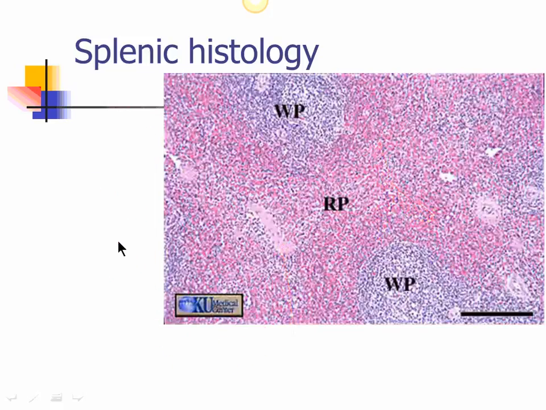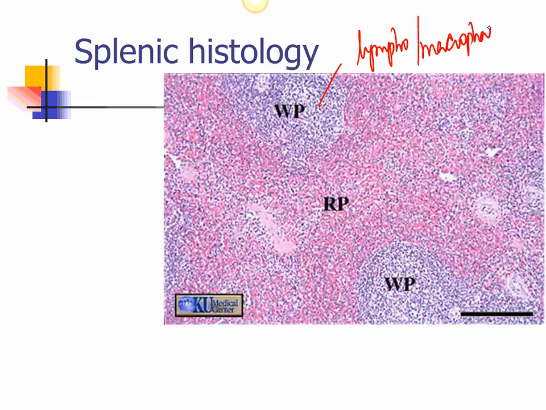And in the spleen, it gives a very red and blue appearance. You see areas where it's blue and collected as lymph follicles, and other areas where it's got red and blue over here. The areas where it's blue and collected in the form of follicles, you call white pulp. You don't just call it follicles, you call it white pulp. This is made up of lymphocytes and macrophages. So the lymphocytes and macrophages aggregate together, forming a nodule or a follicle, and we just call it